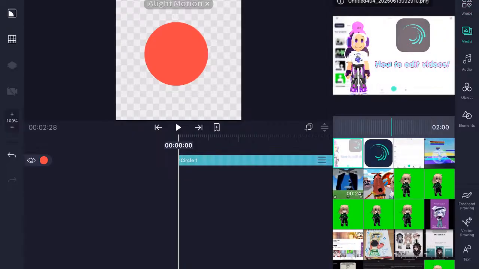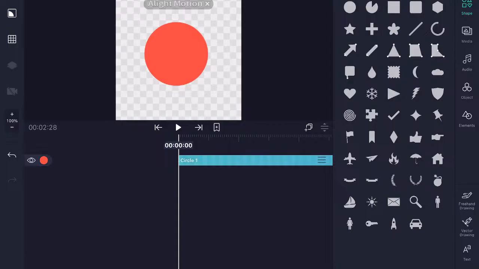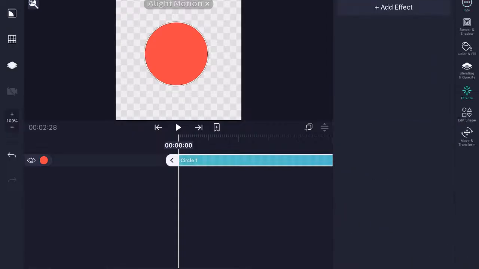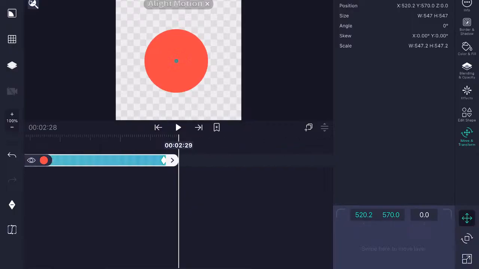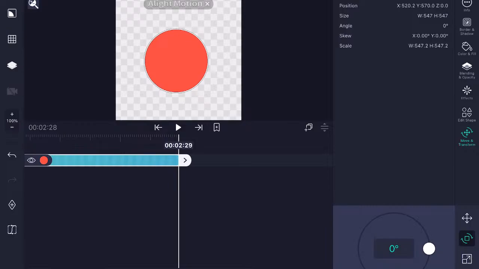Now there's also another type of animation you could use if you want to make it spin. Let's delete everything real quick. Okay, so we have our circle. Click on the button below the one that we just used. So this one. Next, we're going to add a keyframe at the beginning and then at the end. Now stay on the end keyframe, and then tap and hold on this, and then just kind of